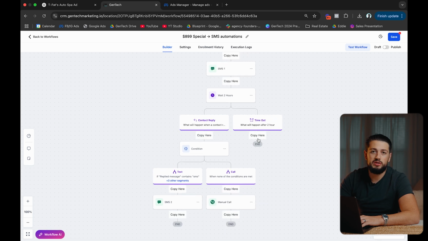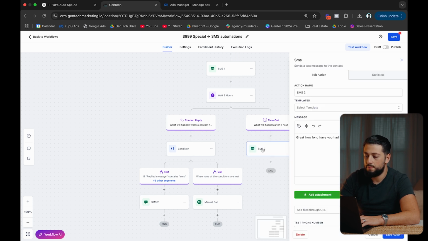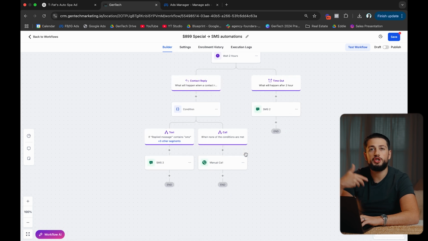And let's say after 2 hours of you sending the initial message, no one responded, okay? So it's gonna time out after 2 hours. They didn't reply, so it's gonna go down this flow. So let's call this SMS2, but instead of saying, great, how long have you had your X? You can just remove great and just ask them, how long have you had your 2017 Toyota Camry? Save action. Just to initiate a prompt response, because that's not a very hard message to respond to, so this